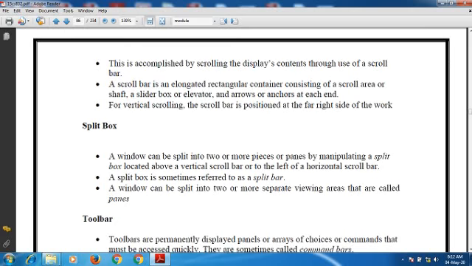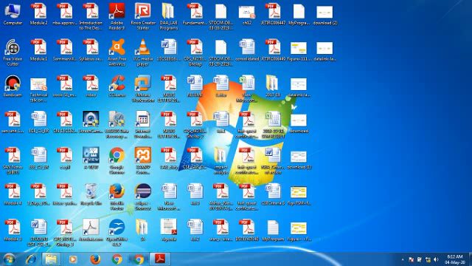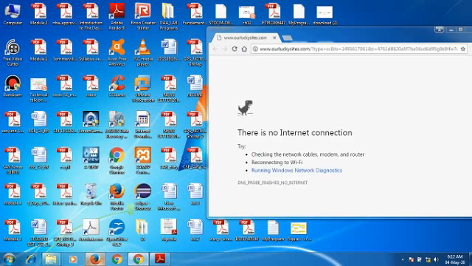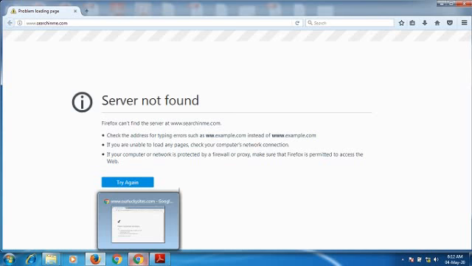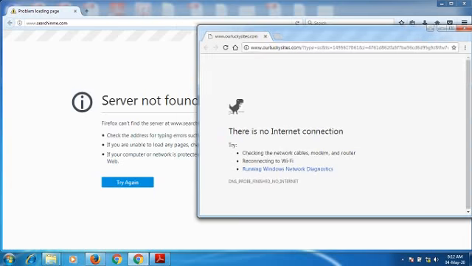For example, here I am opening Chrome as well as Firefox. In certain cases you are viewing certain web pages and you are interested to look at that content simultaneously. In that case, you can simply click on the title bar and drag it.